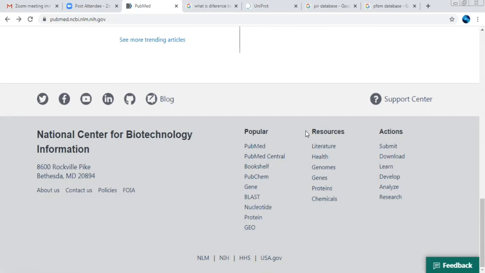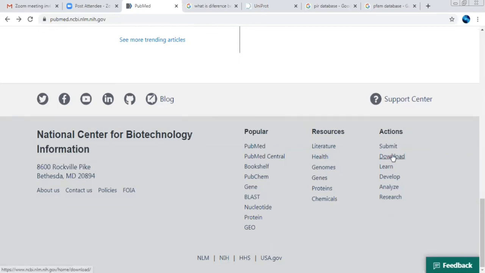And you can even submit your literature. Whenever you publish your literature, your publication will be listed in this PubMed, so you can search your own publications from here.